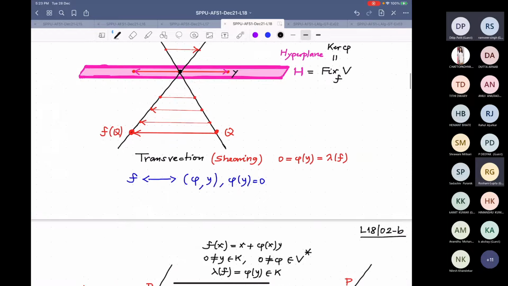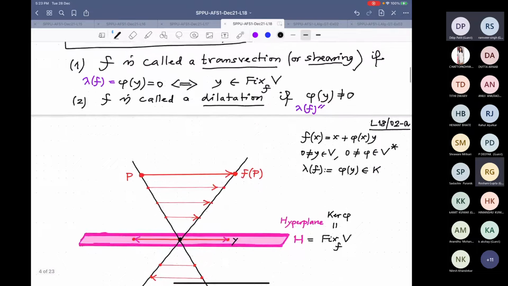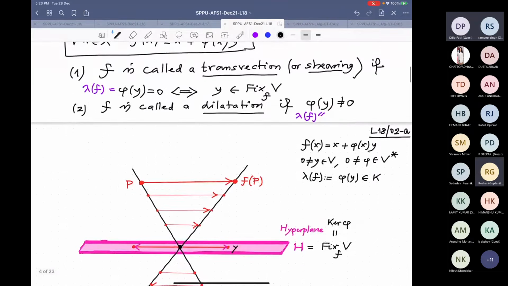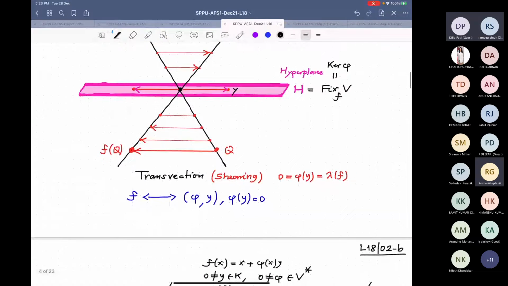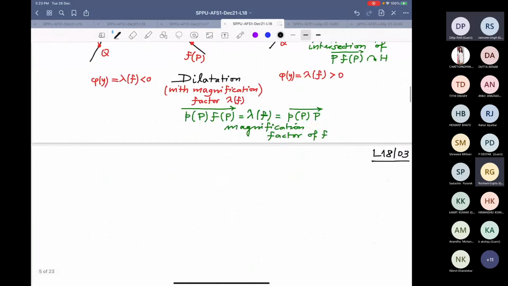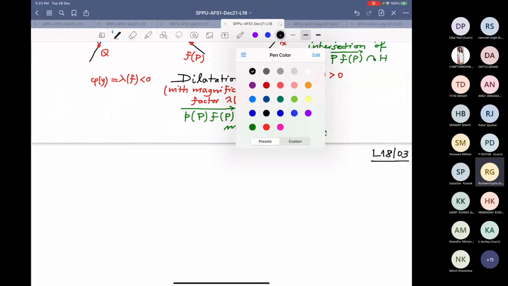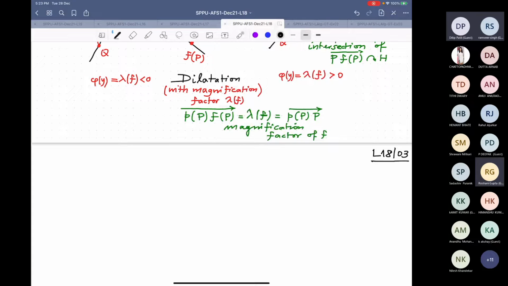Pairs with this equation. Of course, I have written that equation on the top here. And this is true for all x in V. And phi y is 0. Phi y is 0. That is what we have written. And you are denoting this pair. So I am going to fix. So what is the future? What I am up to is the following. What I want to do is we want to study